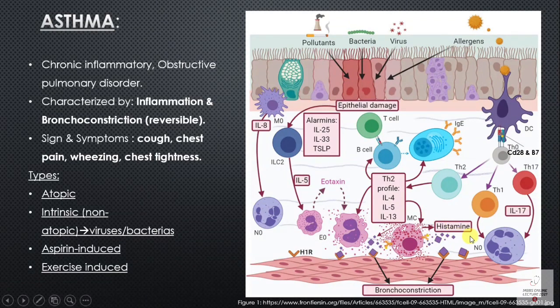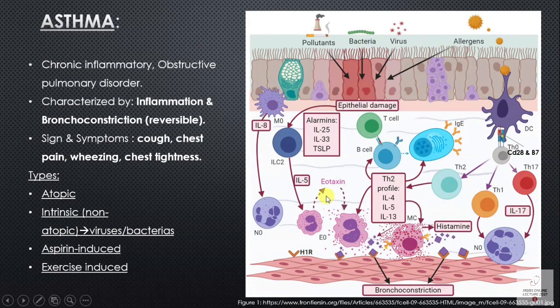So the histamine release has three effects. One, it binds to the H1 receptor on smooth muscle of the bronchi and bronchioles. This leads to bronchoconstriction. The histamine also has a pro-inflammatory effect, which is vasodilation and increased permeability that causes